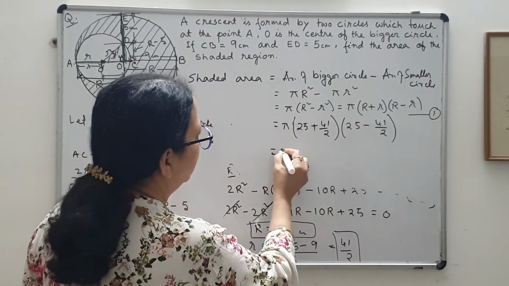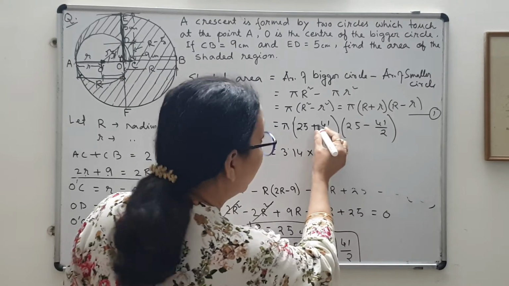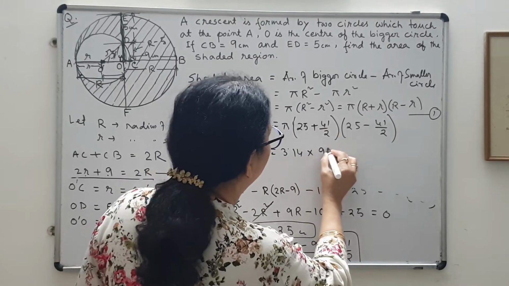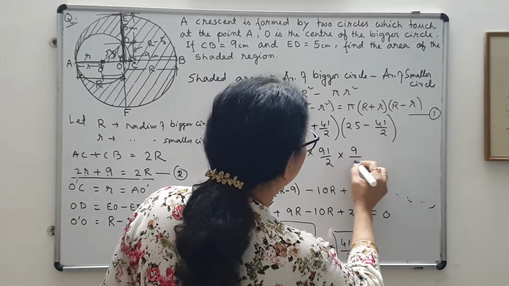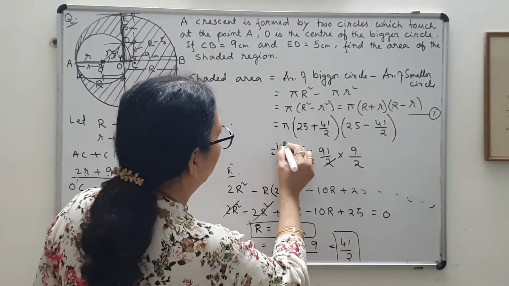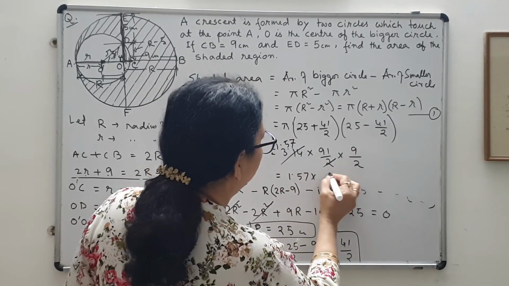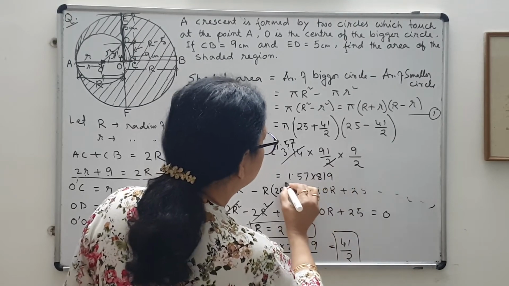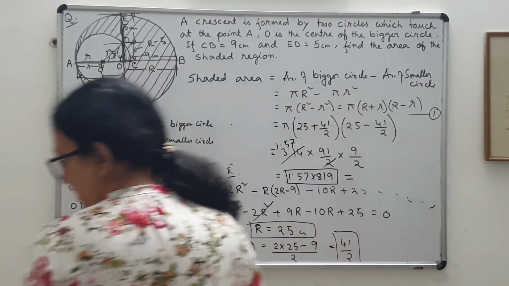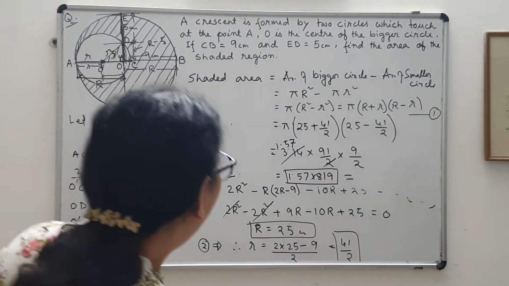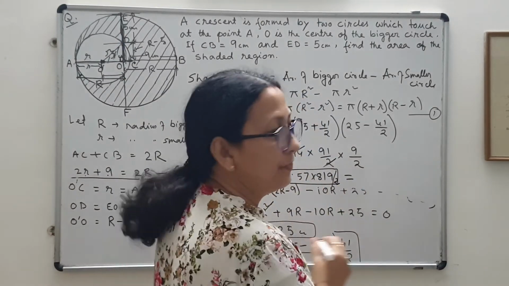It seems I have to take 3.14 because it will not be a multiple of 7. So into, now it is how much? 91 by 2, no? Yes, ma'am. 91 by 2, and this is 9 by 2. Yes. So now I'll cancel this one. 1.57. So my calculation will be 1.57 into 9 1 is 9, 9 9 is 81. Okay, so it's converged into this. And if you multiply, this will come out. The answer is. Ma'am, it is divided by 2 also. Oh yeah, oh yes, that. Thank you. So there is divided by 2. Yes, I missed this too.